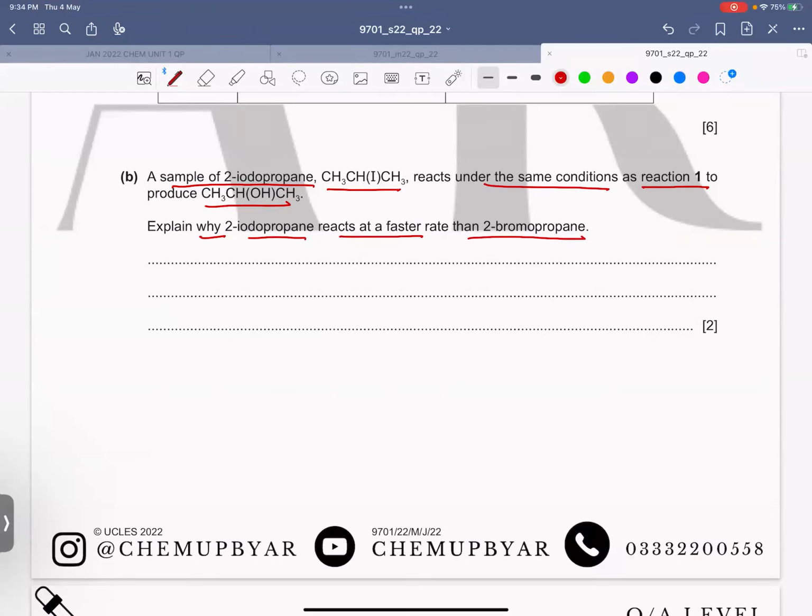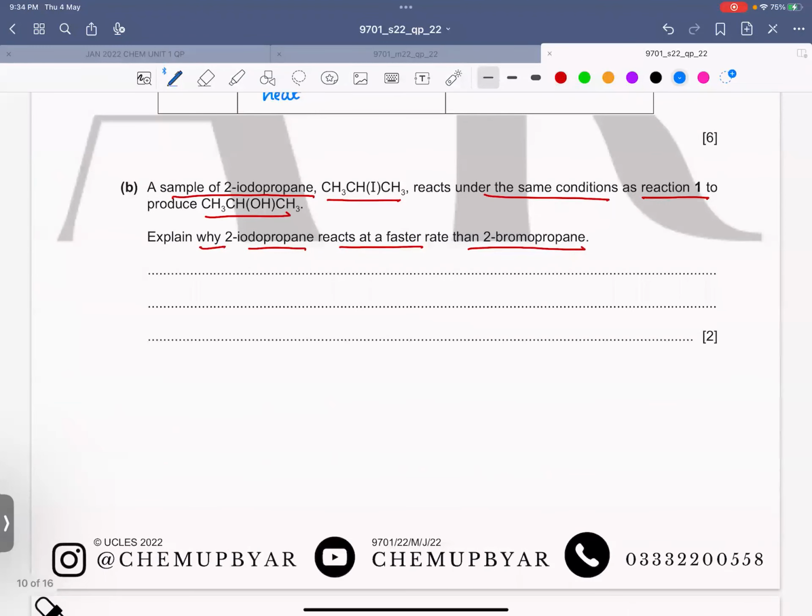So the carbon iodine bond is weaker than the carbon chlorine bond because